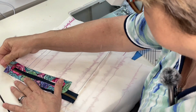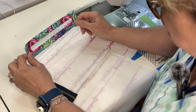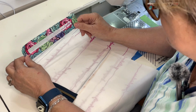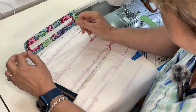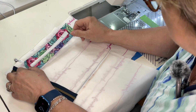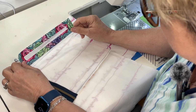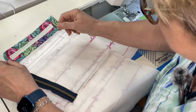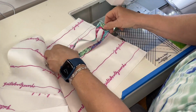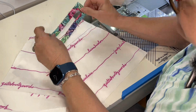When I cut my zipper overlays, I cut two, one a little bit smaller than the other. One goes on the outside of the bag, and I wasn't sure if I was going to use this on the inside or not. I am not going to, just so I can keep this bag pretty true to the pattern. But I think that would have looked really cute, right? Anyway,